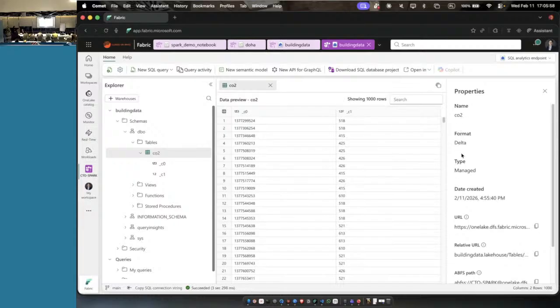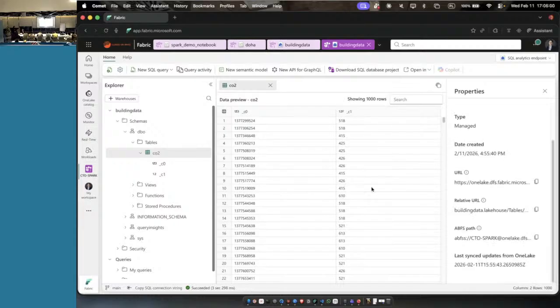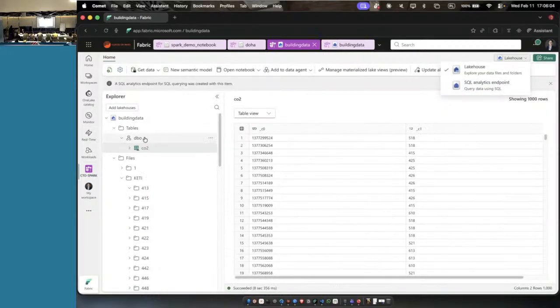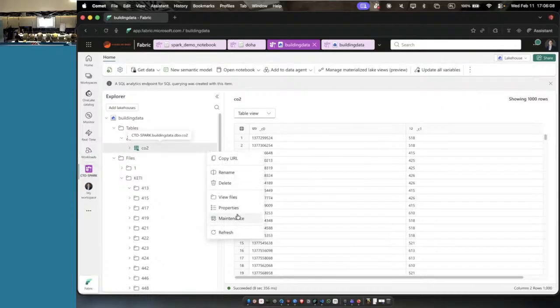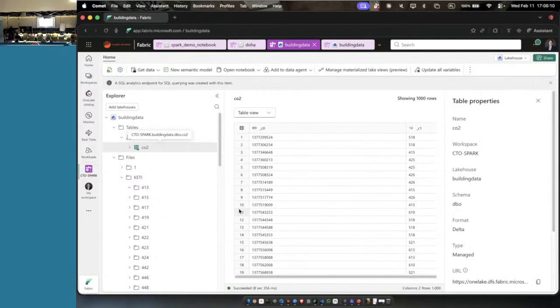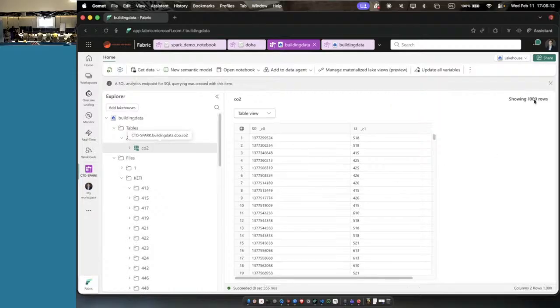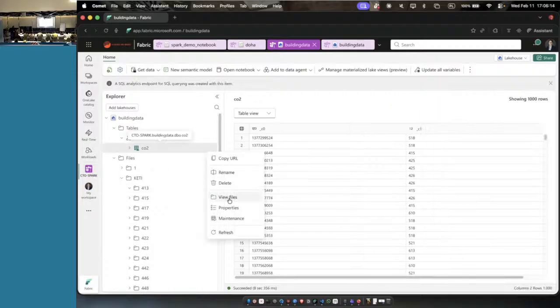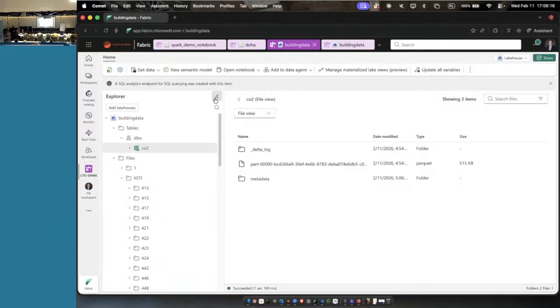I can review all of the details here. And now let's go back to properties. There is a properties view, files. I want to show you something. Yes, it's here. So we see a table, but what's behind the table?